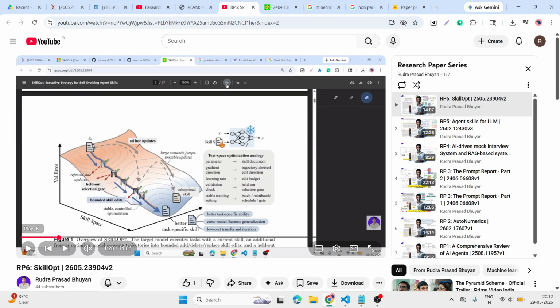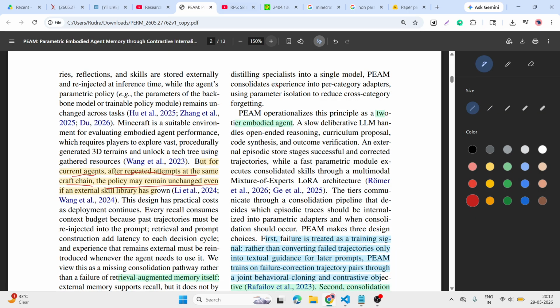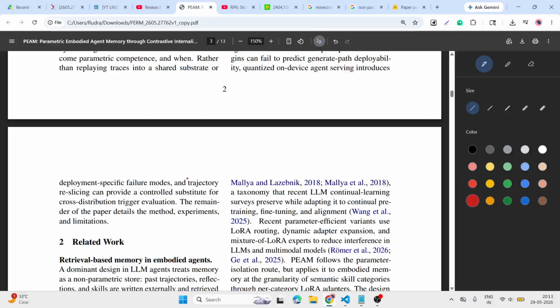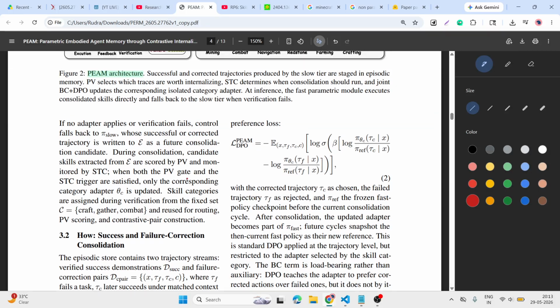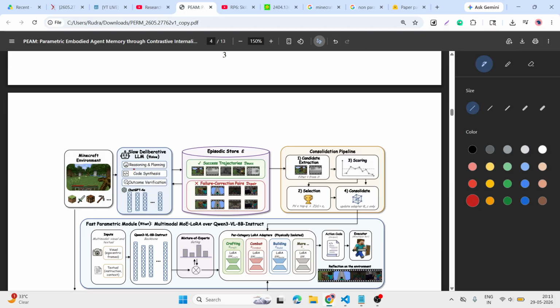We do the trajectory analysis and finally get the best task-specific skills. Here we are using two embodied agents: first the ChatGPT LLM agent, and another is the Qwen agent.